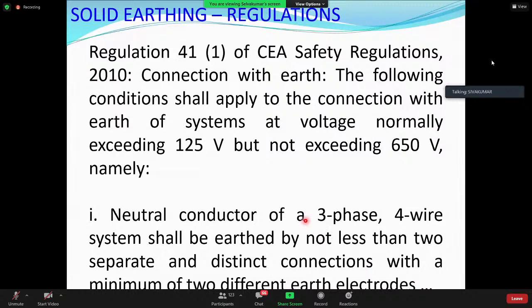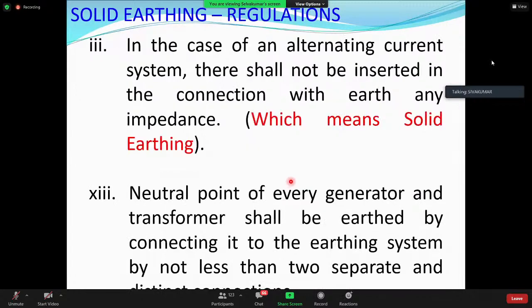Then it elaborates in the next sub rule. In the case of an alternating current system, there shall not be inserted in the connection with earth an impedance. That means no impedance shall be inserted in connection with earth in low voltage systems. Low voltage systems must only be solidly earthed in India as per CEA regulation. The neutral point of every generator and transformer shall be earthed by connecting to the earthing system by not less than two connections. Why? Because here they say